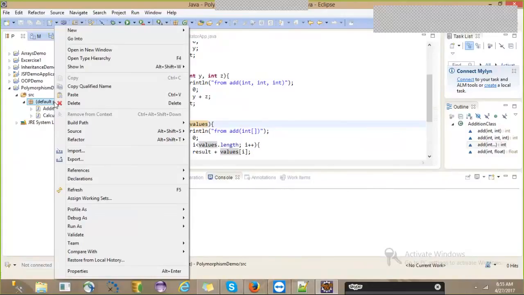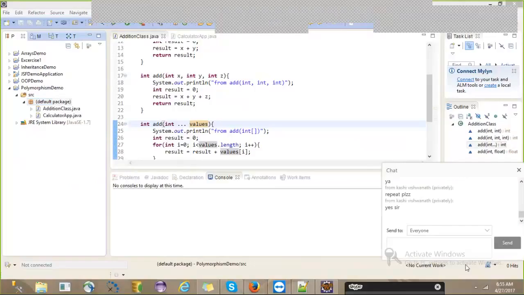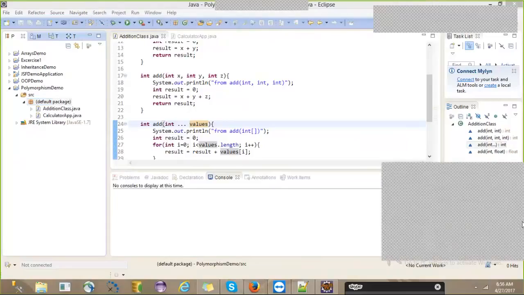Tell me, guys, what are the classes that we have in our class hierarchy? What is the superclass, and what is the subclass for that, and what is another subclass for that? So what is our inheritance example, and what classes are there in our inheritance example? Yeah, guys, you can type here in the chat window.